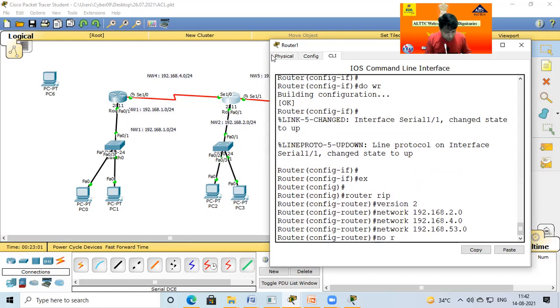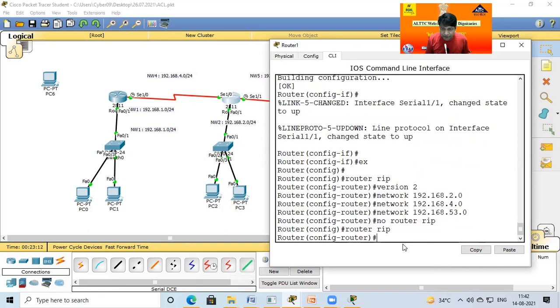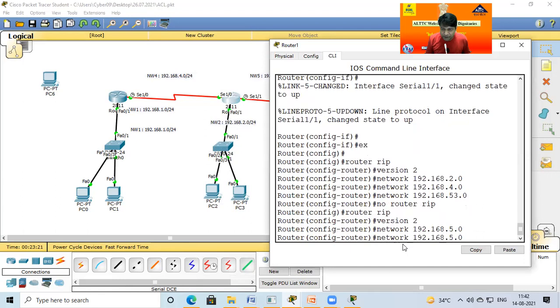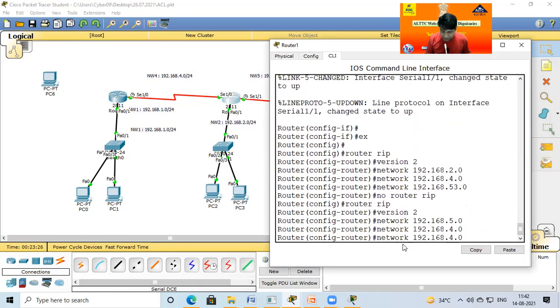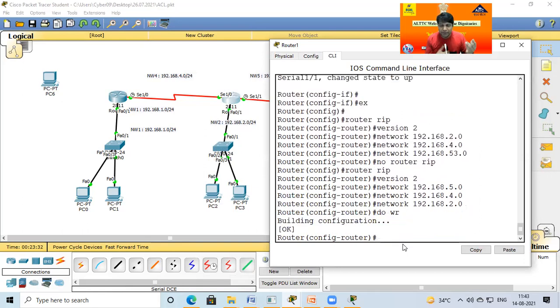So how to remove? No router RIP. Now removed. Okay. Here was my mistake. So I just remove this command. Again router RIP, version 2. Okay. Network 5.0. You can put any before either, it doesn't matter. This is 4.0, and one more is 2.0. Okay, another wrong network is not put here. Okay, do write. Front or back, there is no issue.